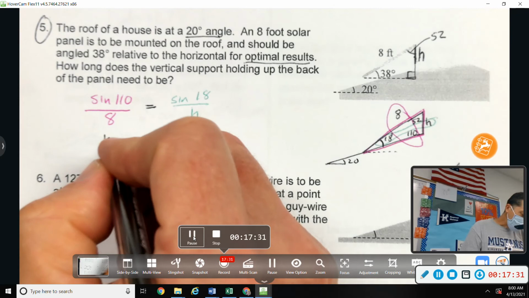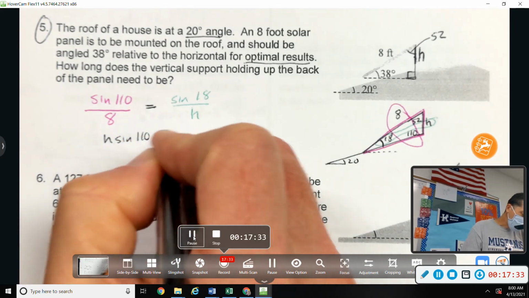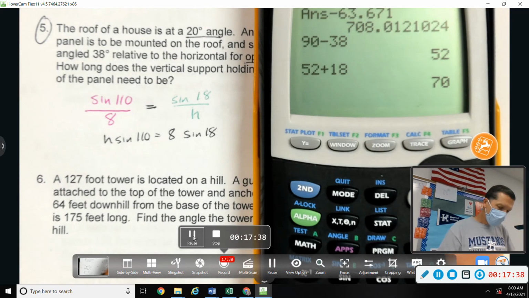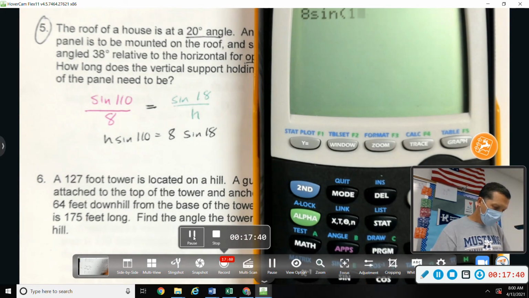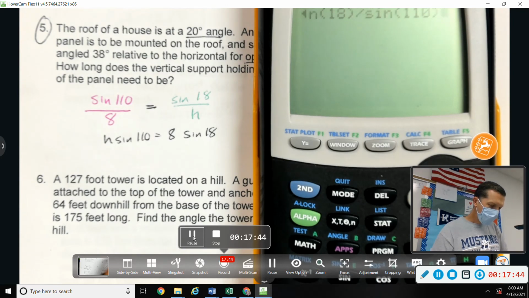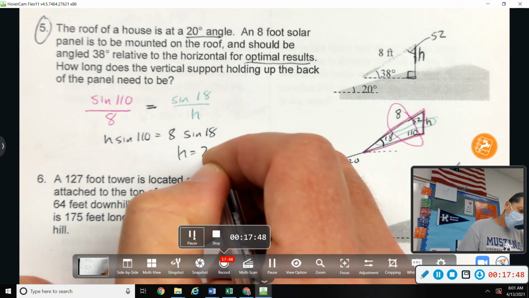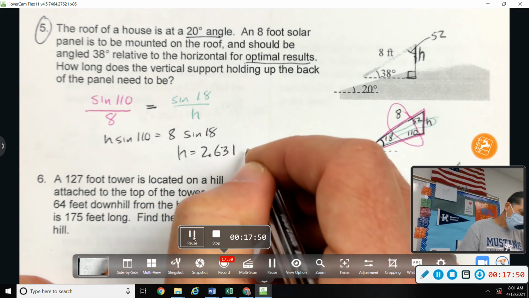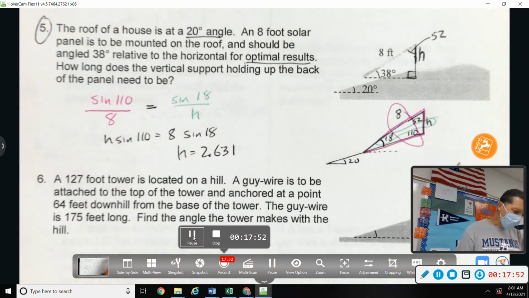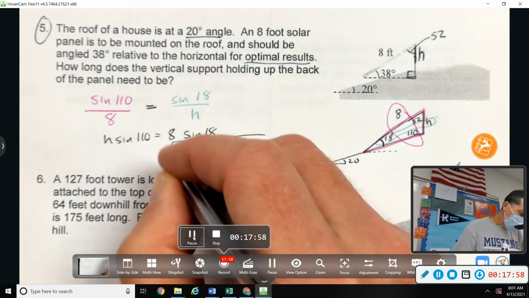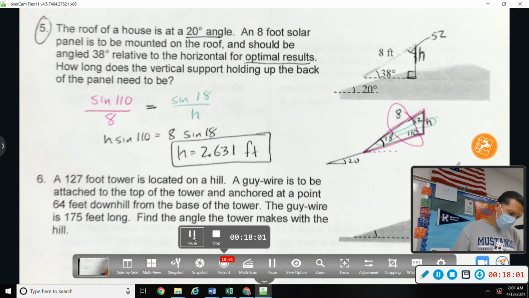I'm really going to show one more step just so I don't mess up the algebra. 8 sine 18 divided by sine of 110. So 2.631. Careful on units, just make sure you're consistent in here. This one was in feet. 2.631 feet